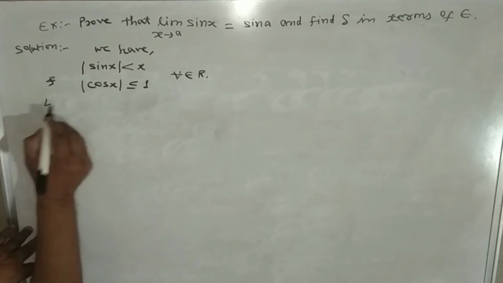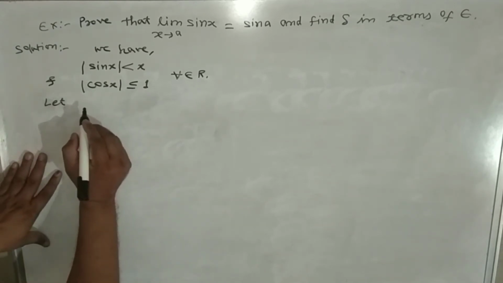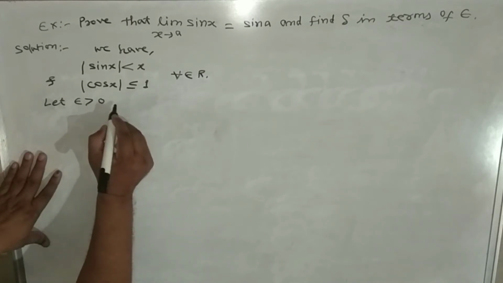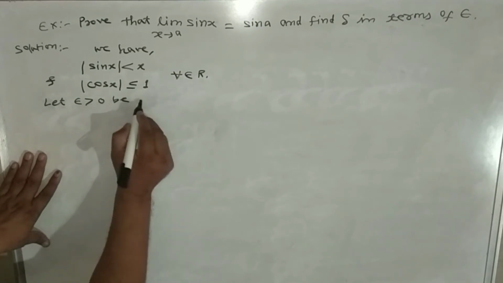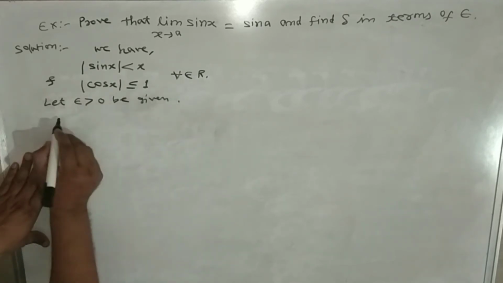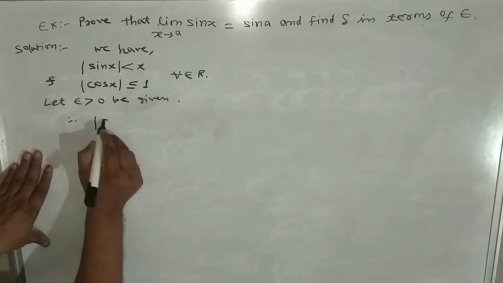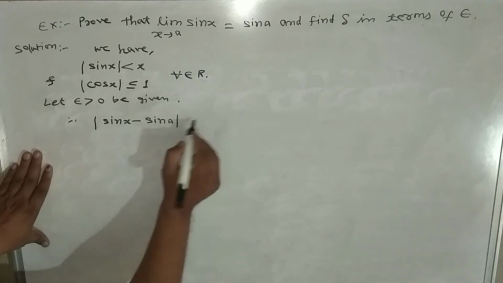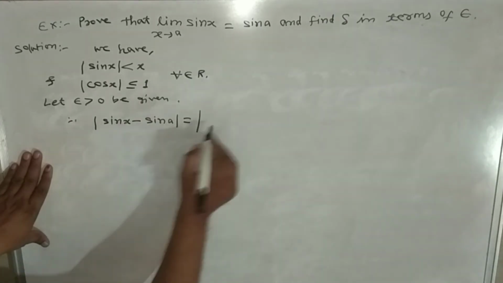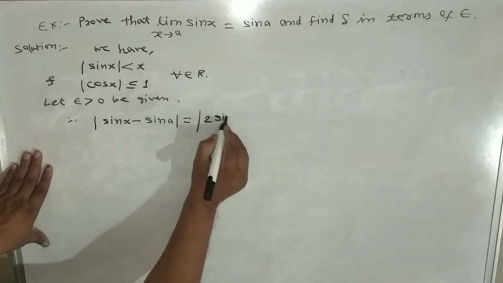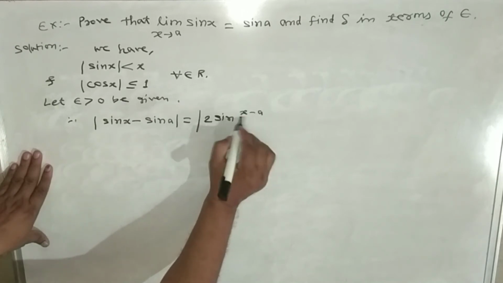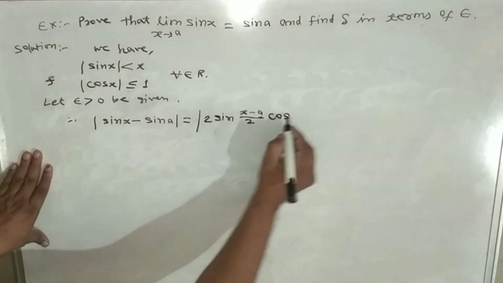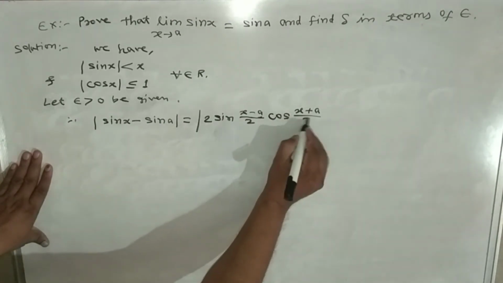Now let epsilon be greater than 0 be given, and therefore mod of sin x minus sin a can be written as mod of 2 sin of (x minus a) divided by 2 into cos of (x plus a) divided by 2,